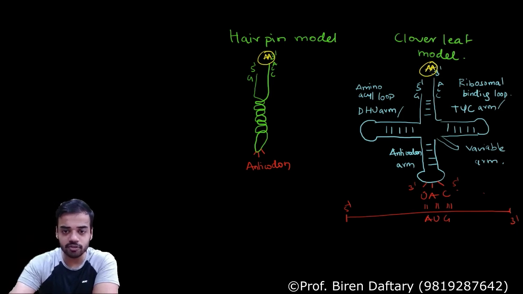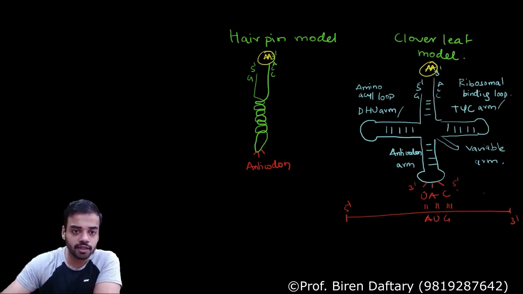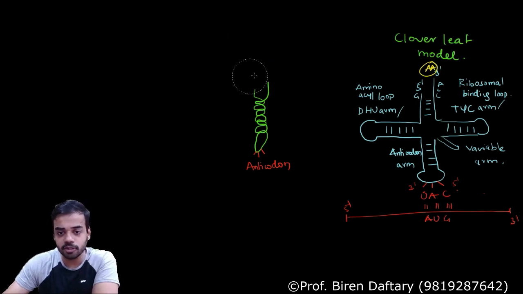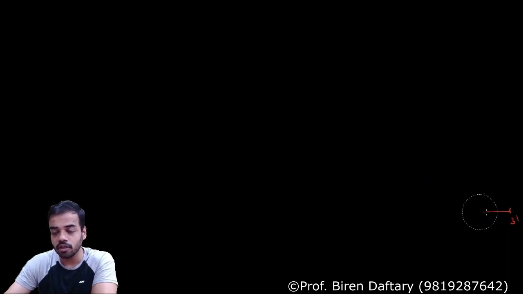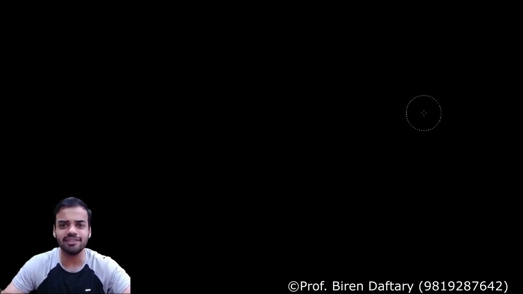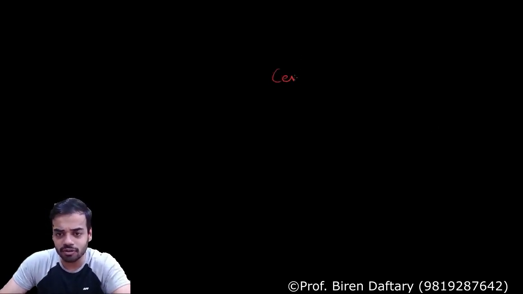Shall I rub this off? Now coming to the transcription part, and before transcription we had studied something called the central dogma. The part before that, the Meselson-Stahl experiment, DNA replication, all that part I am not going to revise because I have taught them thoroughly in the lectures. Even this part I have taught, but since there is time in this lecture, might as well revise because transcription is going to be important for translation also. First we had studied the central dogma, and as I told you, the central dogma is the summary of protein synthesis.